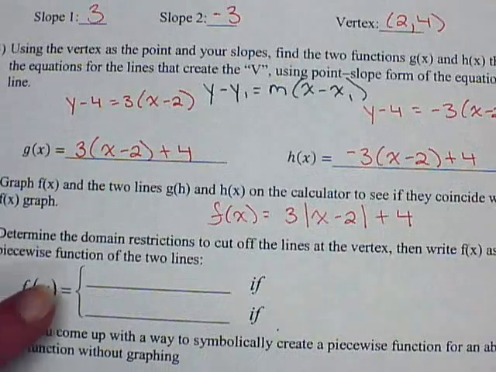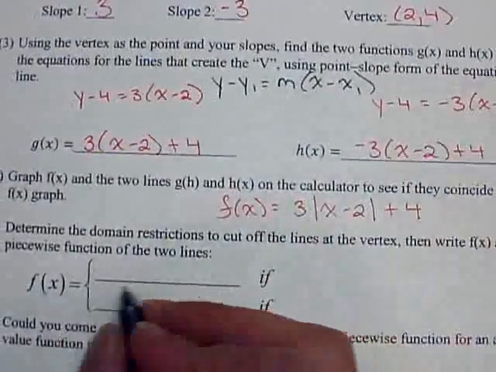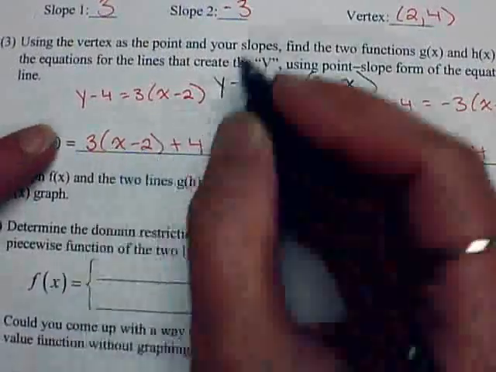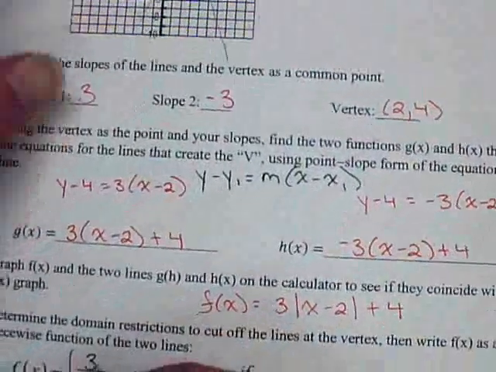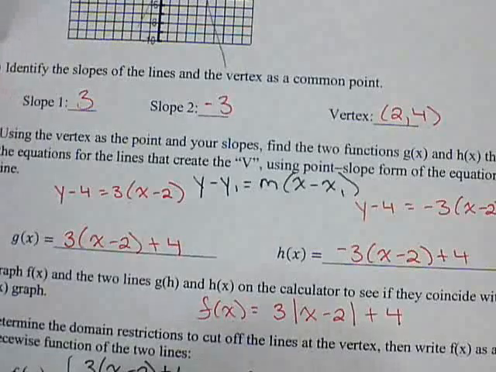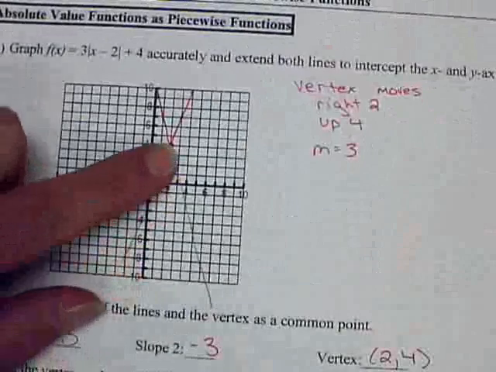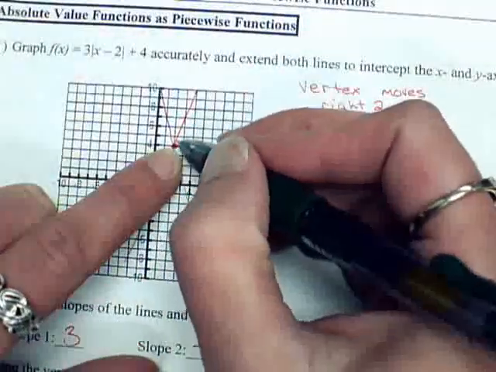That's crazy. Okay, so let's see if we can rewrite it more as a piecewise function. So the part that's got the positive slope, the right side, is 3 times the absolute value of x minus 2, plus 4. But when are we graphing that? We're only graphing this portion. So that portion of the graph